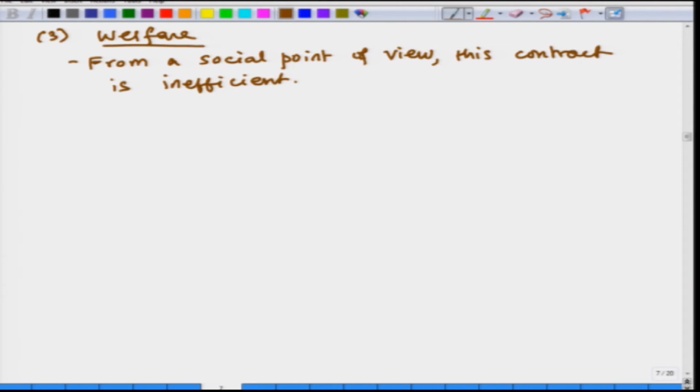So, even though it benefits the incumbent and does not hurt the buyer, from a social point of view this contract is inefficient. Let us see why. Well, we know that the contract increases the surplus to the buyer and the incumbent